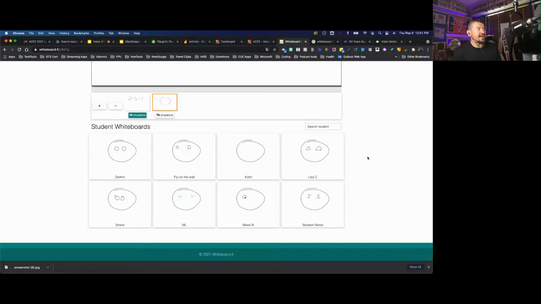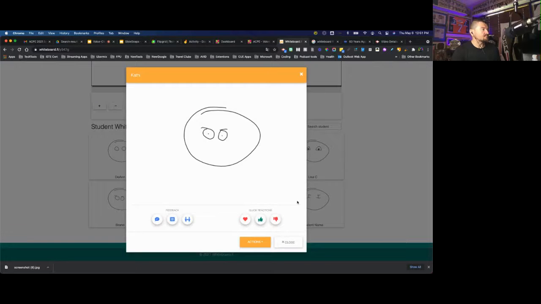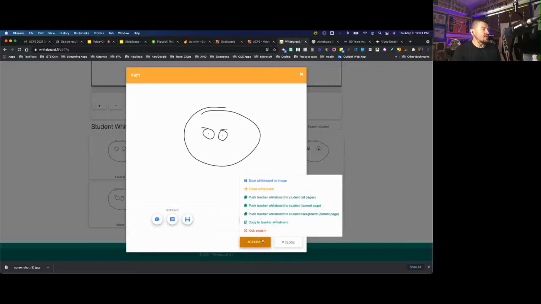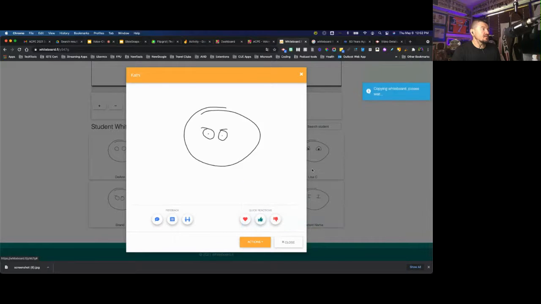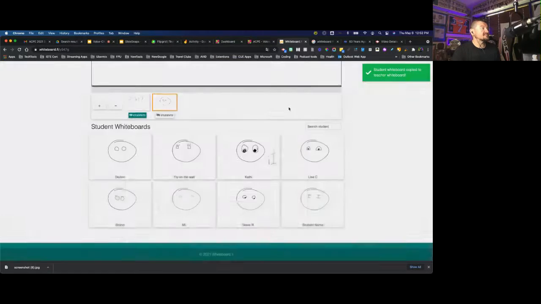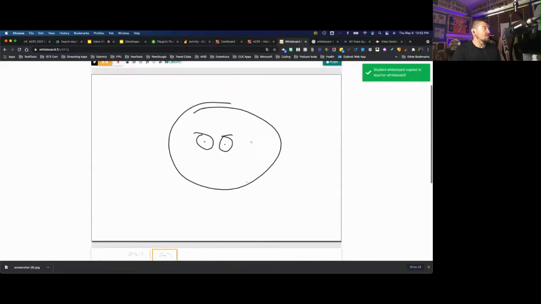And I know you're probably working on one screen and not seeing my shared screen, but I can see everybody's work coming in real time. I'm inspecting work while it's happening all the way through. And so I'm going to select brands right here because it looks like a South Park eyes. So I'm going to go ahead again. I'm going to copy that to my dashboard, and then I'm going to push this out